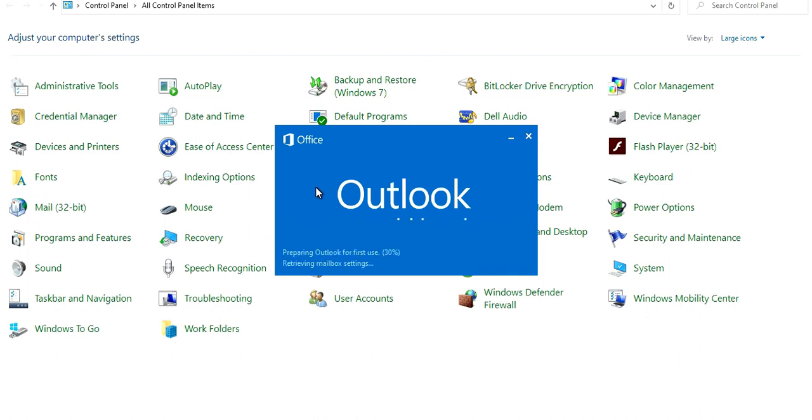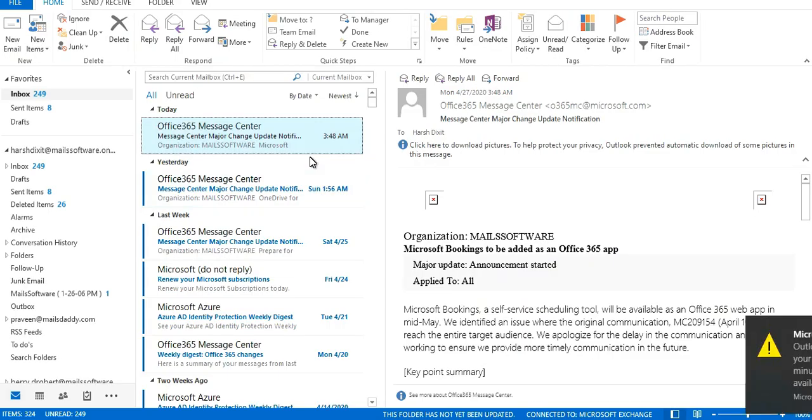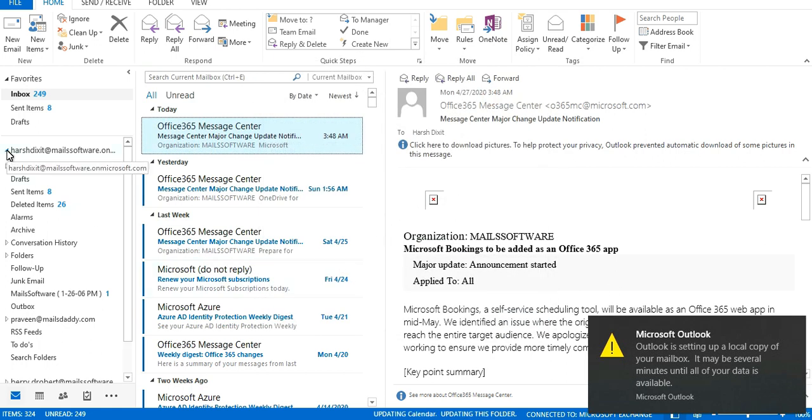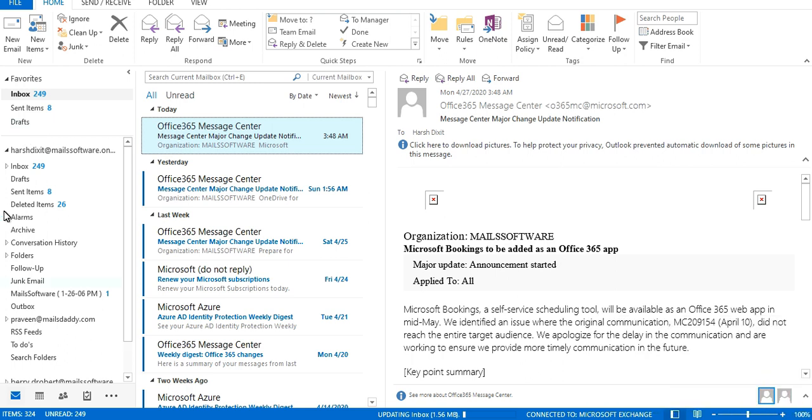We can see it is preparing Outlook for first use, and it's done. We can see our email account, Harsh Dikshit, has been configured in Outlook. We can view all our emails and other related information.